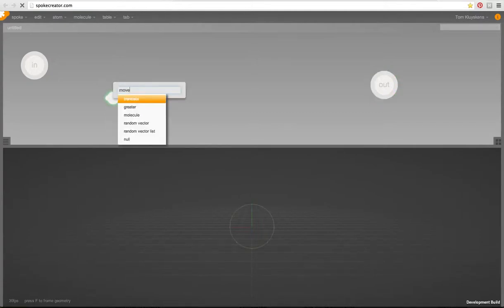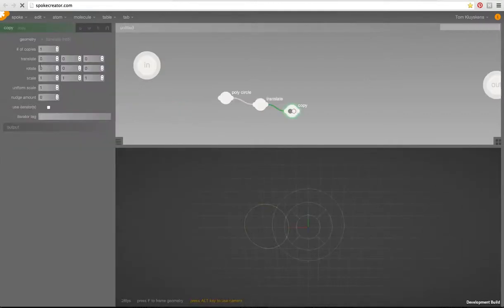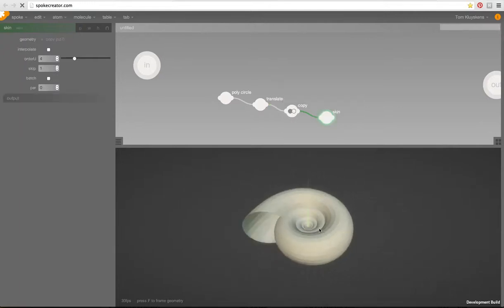and moving the circle to the side a bit and creating a few copies of it. Let's open a parameter window here on the side. And let's take 100 copies and rotate each copy about 30 degrees and scale every copy compared to the previous one by a small factor. And we end up with a bunch of curves that we then can skin into a surface, and we get